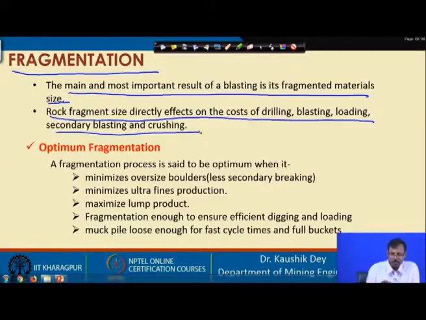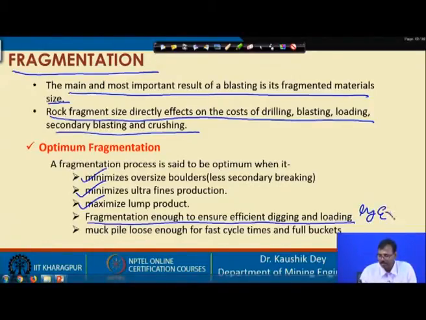A fragmentation process is said to be optimum when oversized boulders are minimum, ultra fine production is minimum, lump sizes are maximum, and fragmentation is enough to ensure efficient digging and loading by the excavating machine,